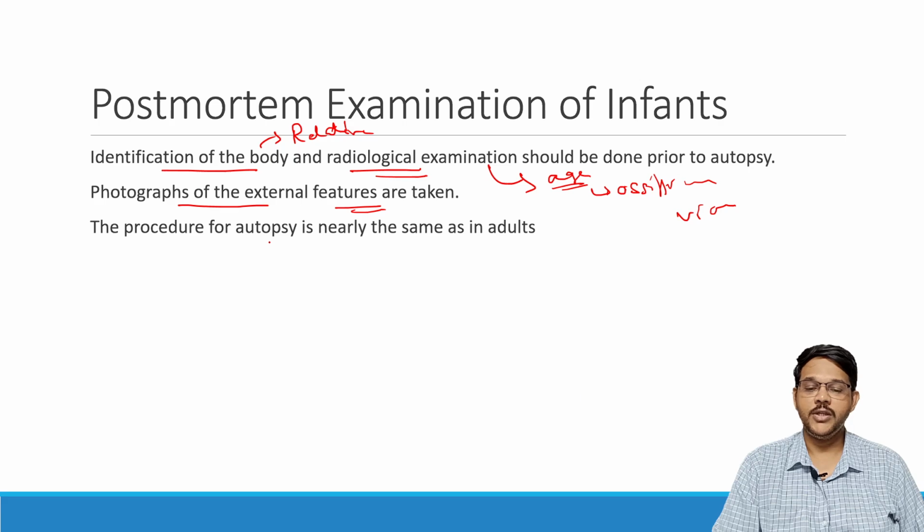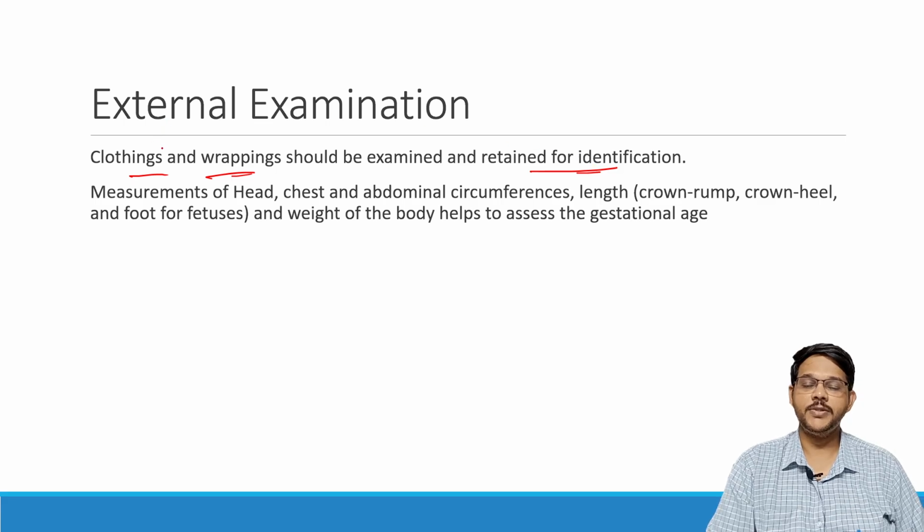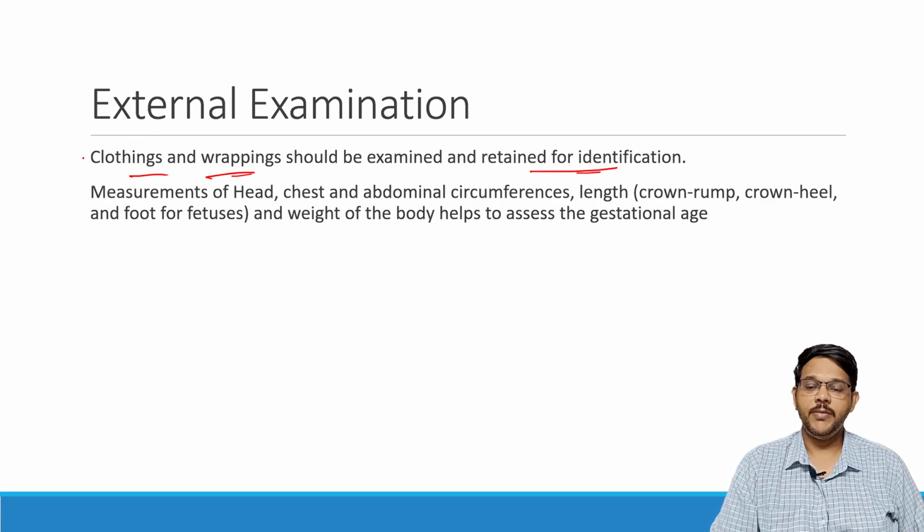Then the normal procedure of autopsy is done, which is similar to that of an adult. Then you go for external examination. So for external examination, first you look for clothings and wrappings, which should be examined and retained for identification purposes. Sometimes the child may be wrapped with the mother's sari or clothings, which may be helpful to identify the parents